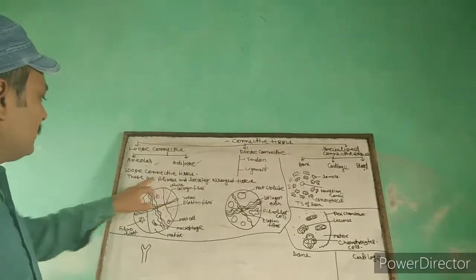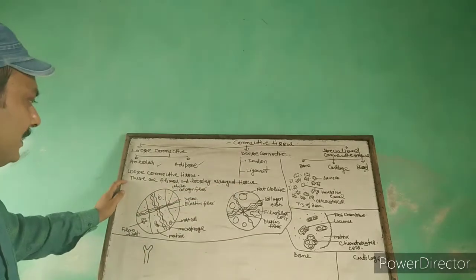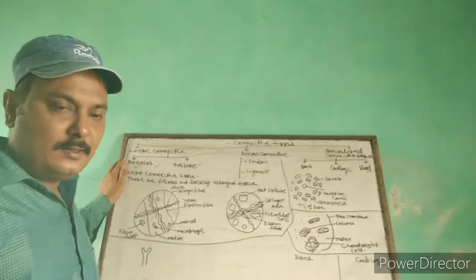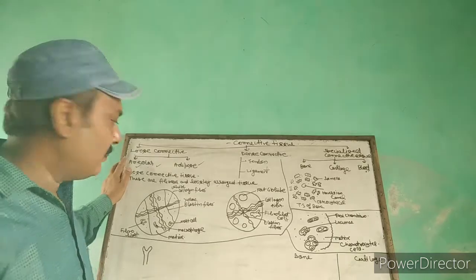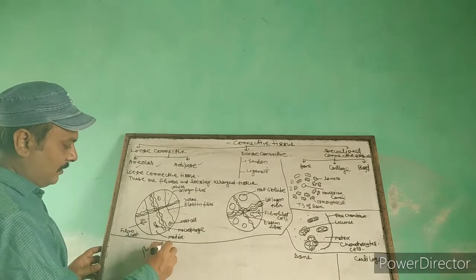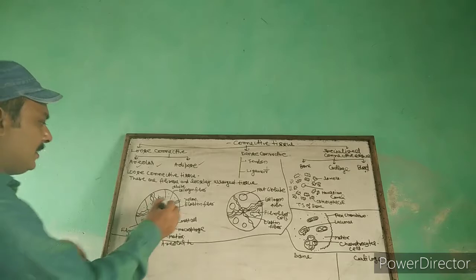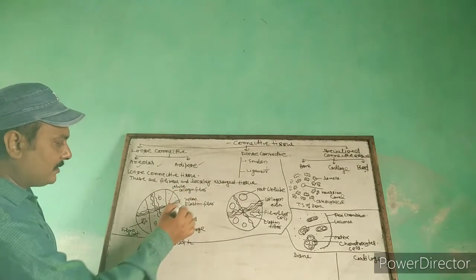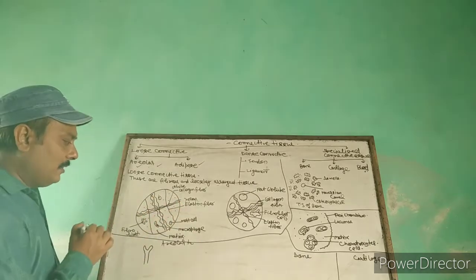Areolar loose connective tissue is fibrous and loosely arranged tissue. Actually areolar tissue has two types of fibers: white collagen fiber and second, yellow elastin fiber. OK, so this is the diagram of areolar tissue. In this you are seeing here the collagen fiber. These are white collagen fibers and yellow elastin fibers. These are the single yellow elastin fibers.